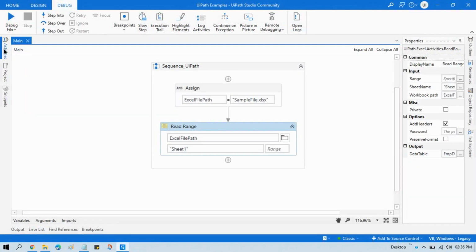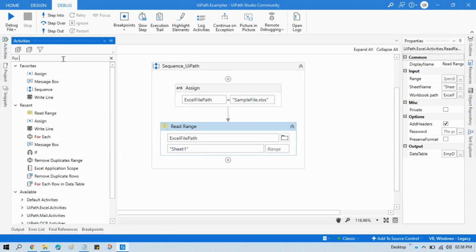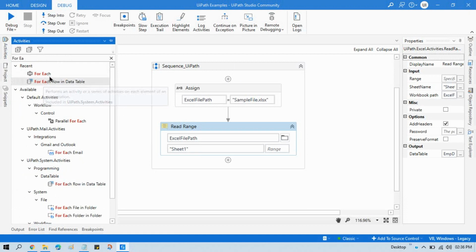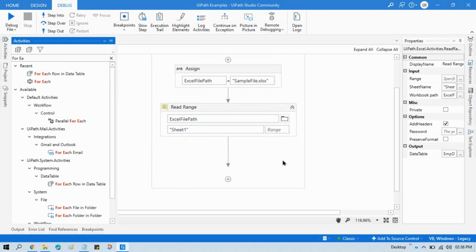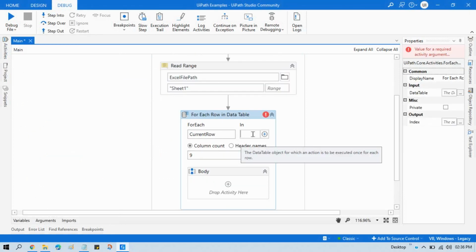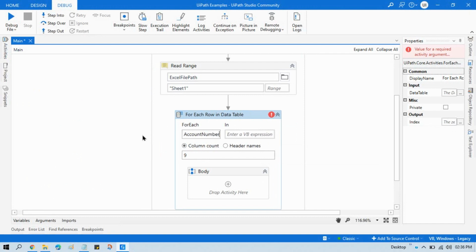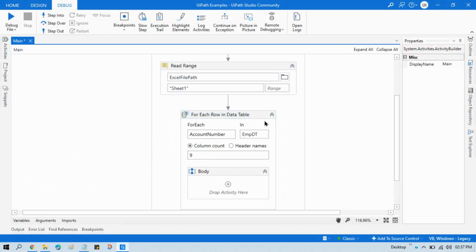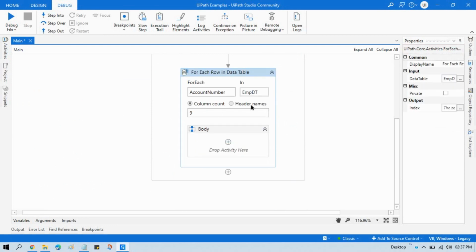Take here a for each, because we will loop through each row from that employee data table. Enter here for each current row, or for each account number, in data table employee DT, and this is not required, just leave it.